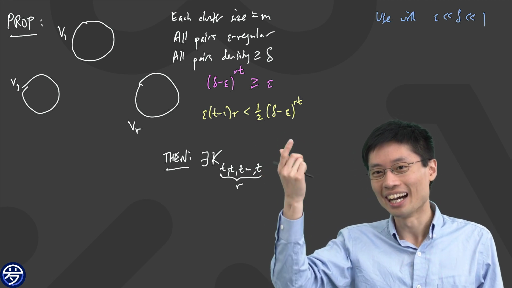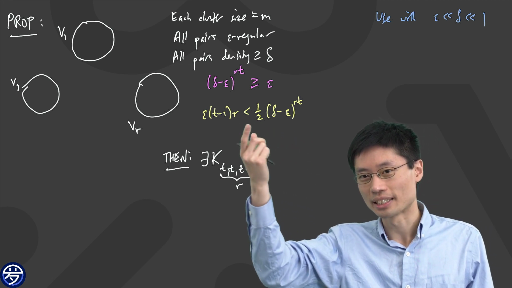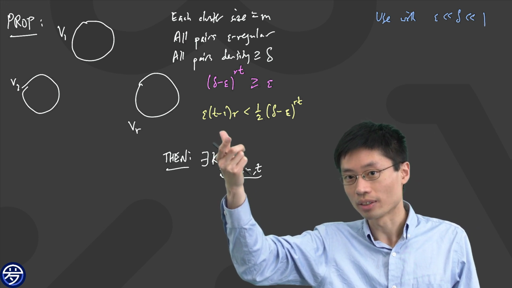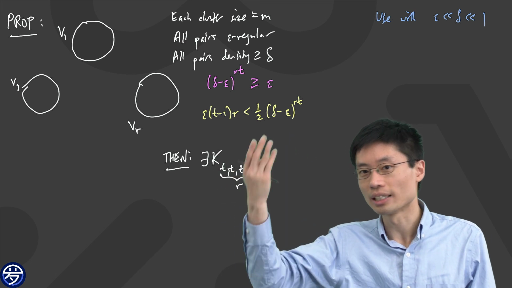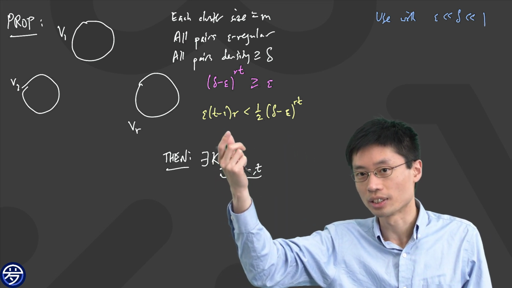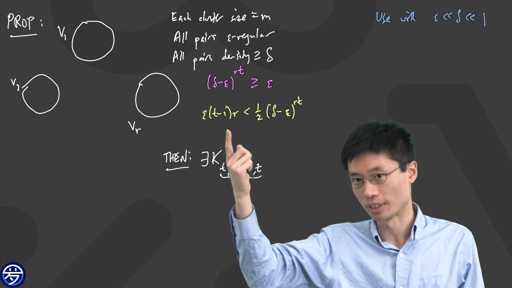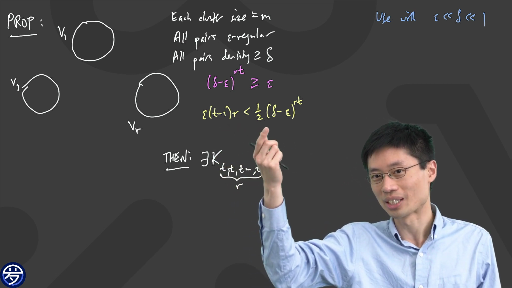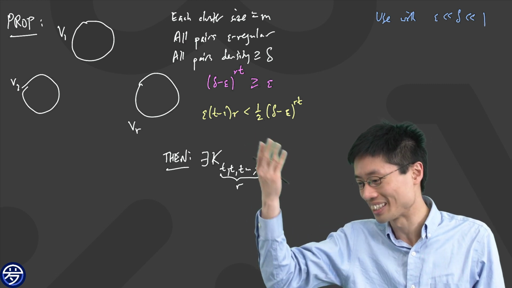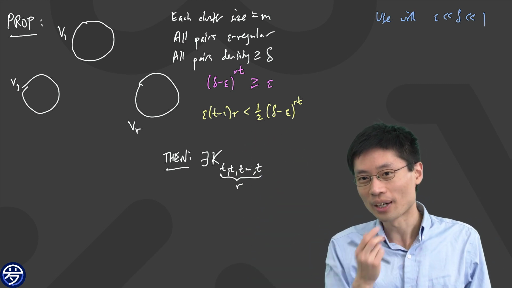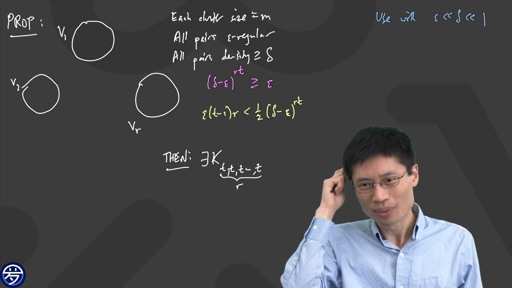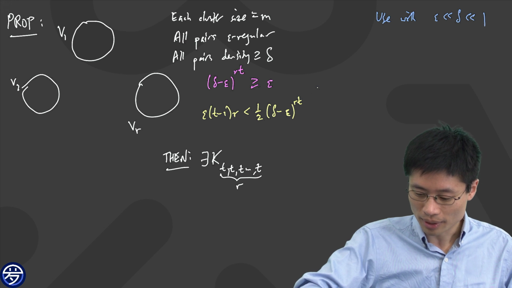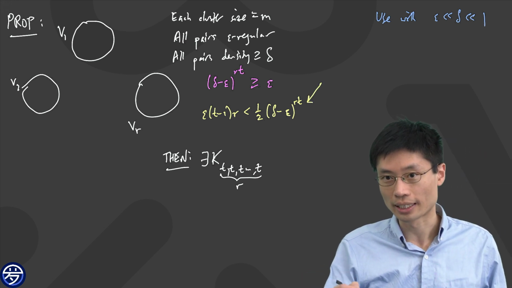What I really need is that when I eat up all of these things, this is how much of M I'll eat up. And I need to make sure there's still at least t vertices left over, or at least one vertex left over. That's what happens at the very end. And my way of knowing that there was at least one left over, I was actually cheating by using this half. I was saying that M is going to be big enough. If you actually wanted to write this out carefully, what would you write? This thing was morally what we need, but really what we need is to say that if you had